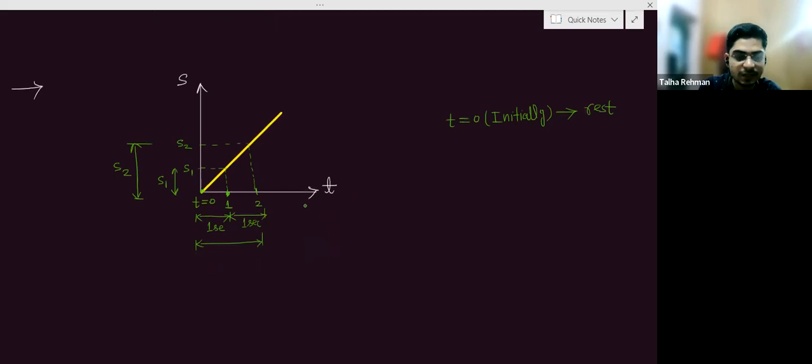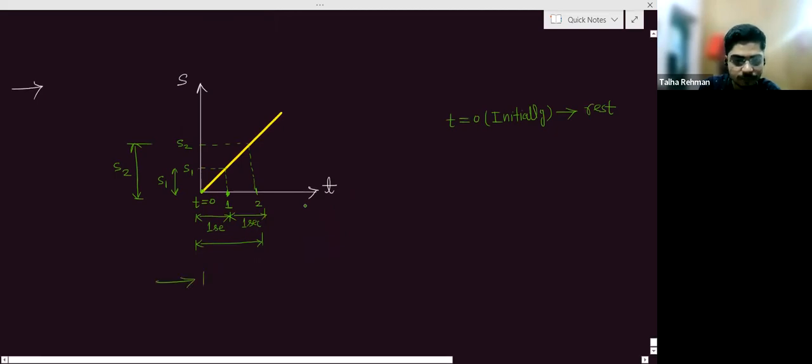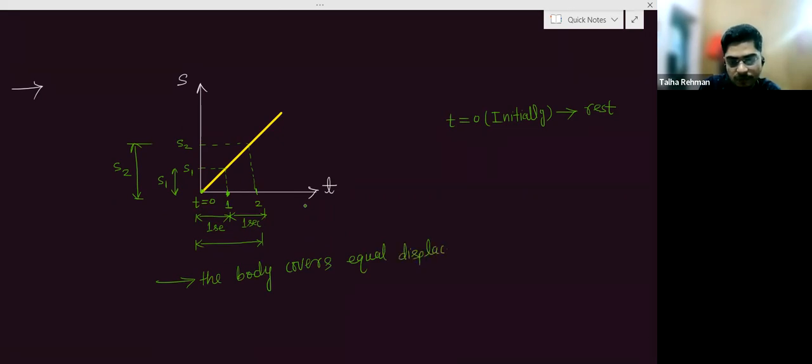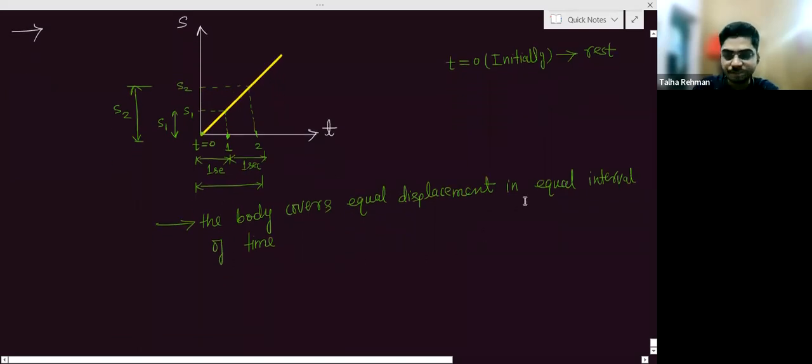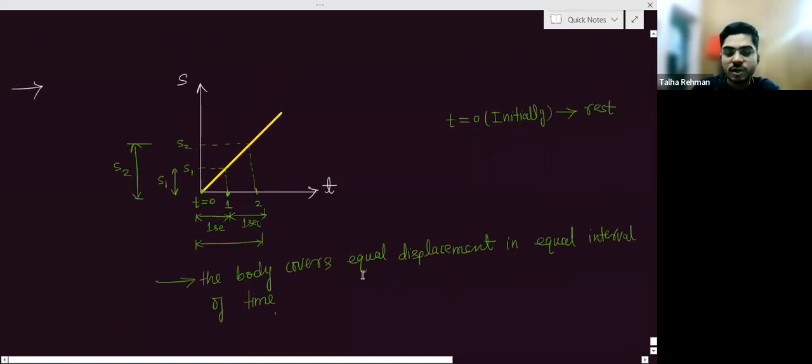So we can say that the body covers equal displacement in equal intervals of time. So if a graph is passing, you can say that. I have told you, if a body covers equal displacement in equal intervals of time, it means